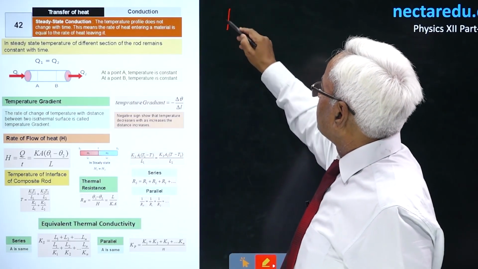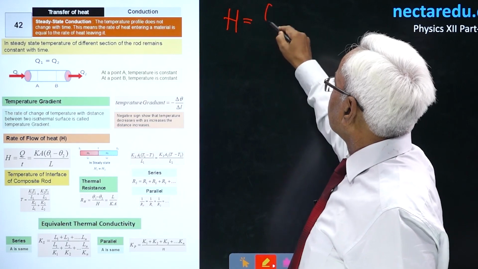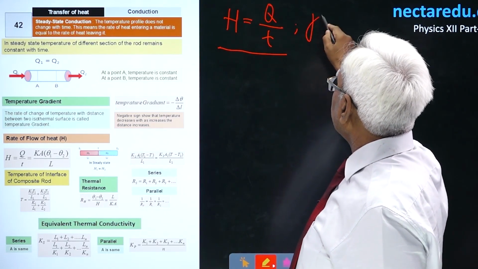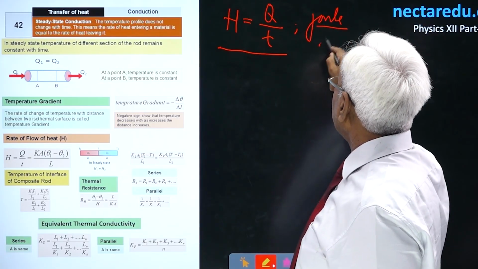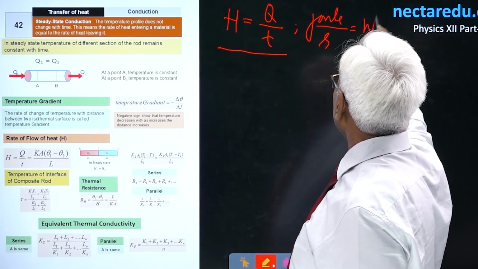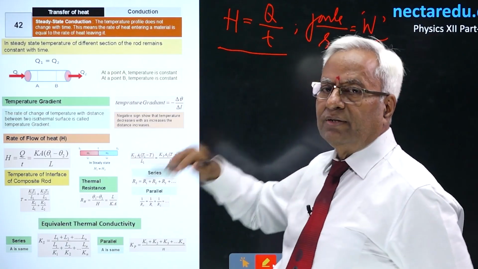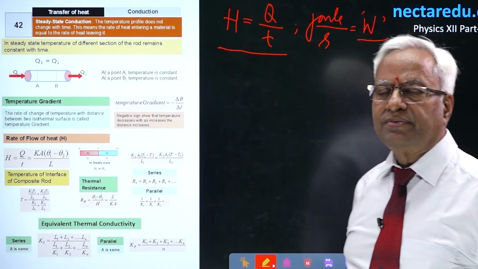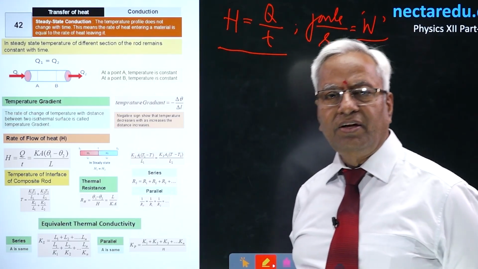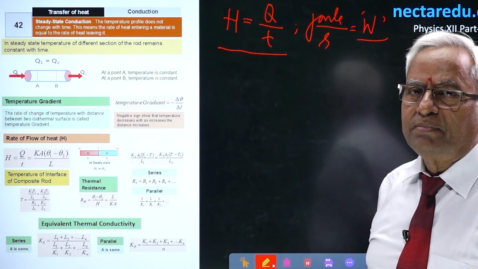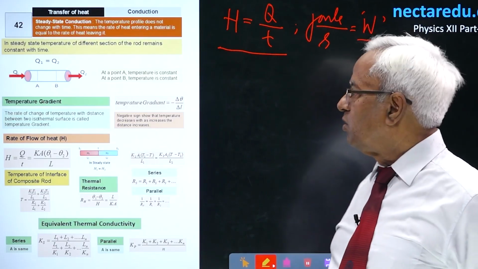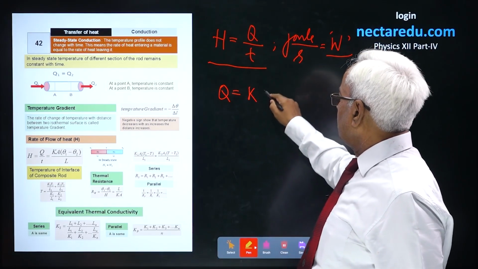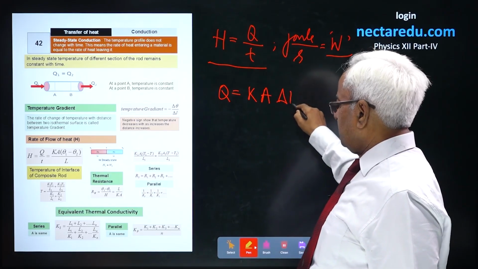You must know what is thermal current. This is the rate of flow of heat. This might be said as joule per second, and you must remember that this could also be written as watt. So watt is also the unit of thermal current. Normally we say it is the unit of mechanical power, but you could also measure thermal current in terms of watt. You see this relation Q equal to K A delta theta